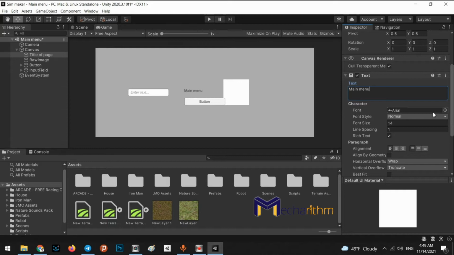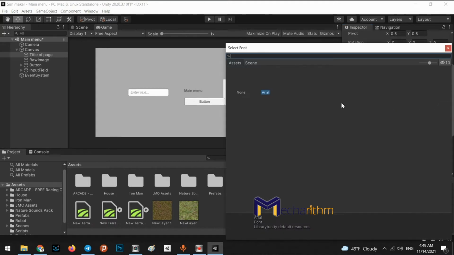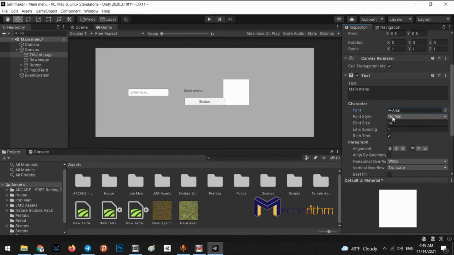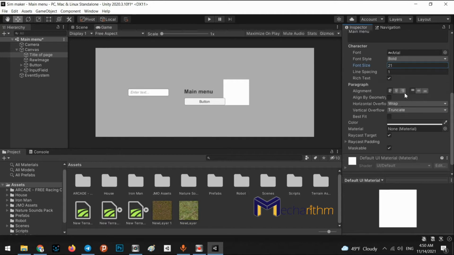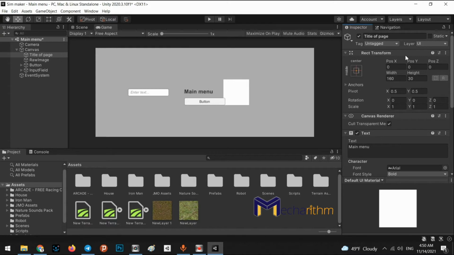Okay, in here we can add several fonts. Here we have only Arial font. You can add any other types of fonts, and font style, bold or italic, or bold and italic. I can keep it bold and increase the size. Perfect. And other types of information, alignment, and other things. Okay, I keep it